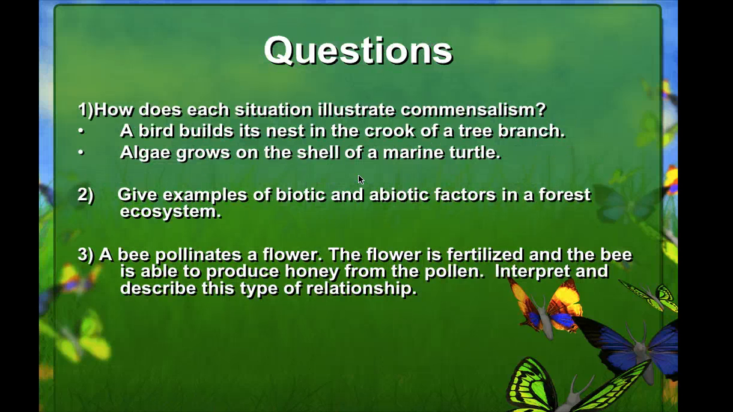So question, how does each situation illustrate commensalism? A bird builds its nest in the crook of a tree branch. Algae grows on the shell of a marine turtle. Number 2, give examples of biotic and abiotic factors in a forest ecosystem. Number 3, a bee pollinates a flower. The flower is fertilized and the bee is able to produce honey from the pollen. Interpret and describe this type of